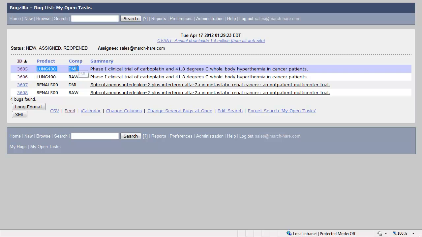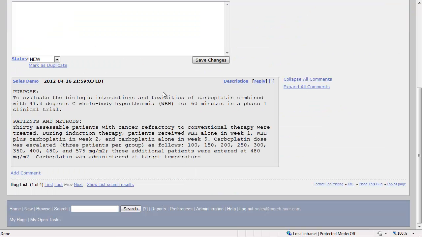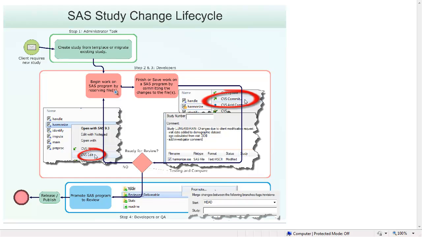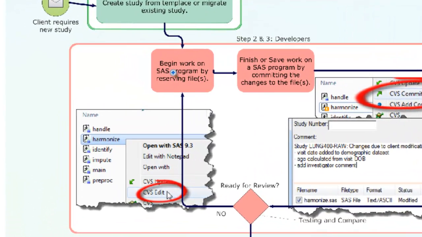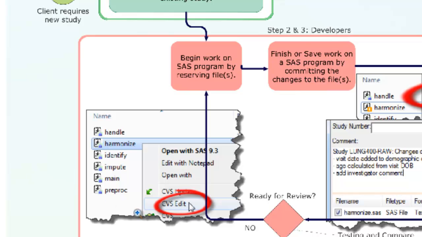I've created two studies with a couple of very simple components, a DML and a raw component for each, with some basic information about what the study involves, and the status of the study is open so that we can actually make changes. So we've got some work assigned to us, and we now need to reserve a file to